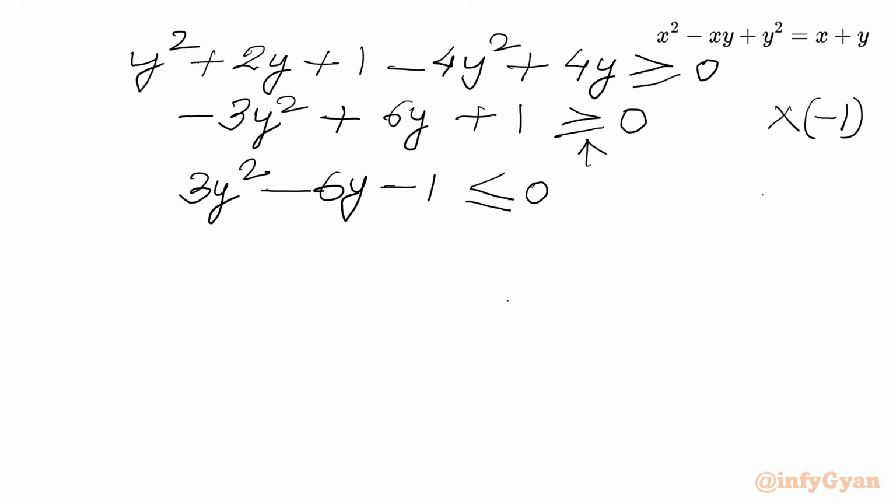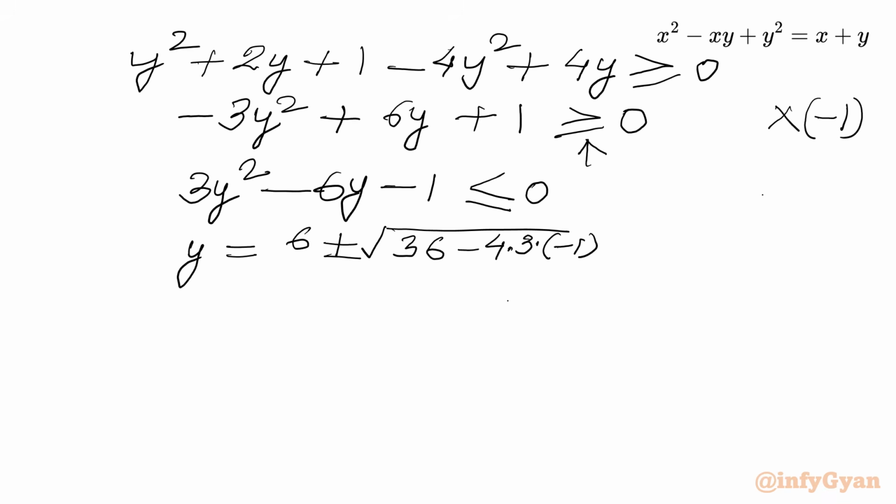So I will use the quadratic formula here. Let's write y equal to minus b, b is minus 6. So we'll write 6 plus minus the square root of b square, minus 6 square, which is 36, minus 4 times 3 times negative 1,